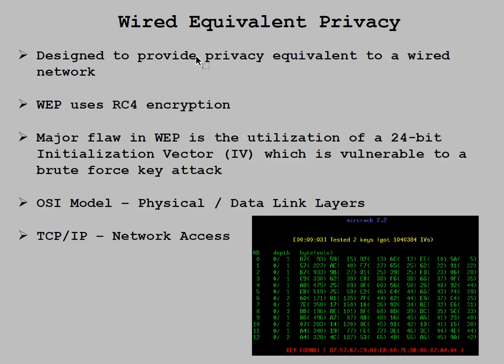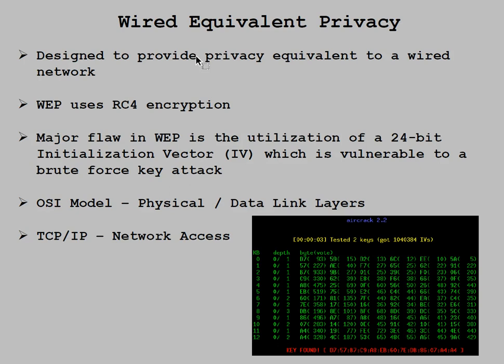Okay, so let's talk real quick about the goods, bads, and indifference of the different encryption mechanisms within Wi-Fi. We already talked about WEP. It was really supposed to model the very same types of encryption techniques that we would use in Ethernet. But what they failed to realize was that the RC4 encryption mechanism was also paired with what's called an initialization vector, essentially the seed to start the encryption process. And because that seed was only 24 bits in length, it was vulnerable to